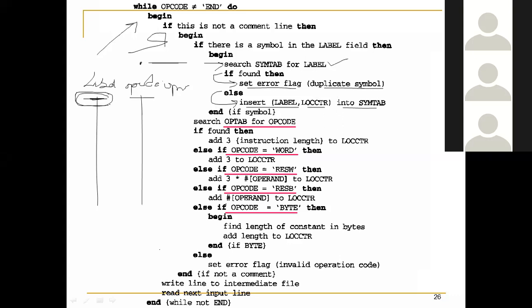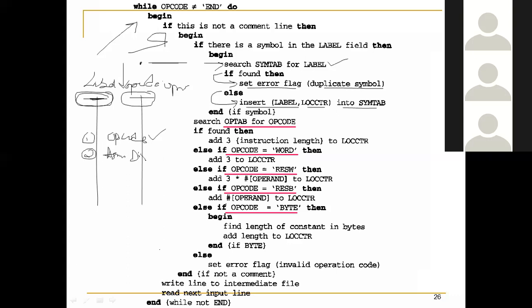So once I'm done with the label, what is the next part? The next part is the opcode. For the opcode, I need to verify the following. So if it is an opcode, this is the first case: I need to verify whether it is a valid opcode or not. The second thing is, if it is not an opcode, then it can be an assembler directive.